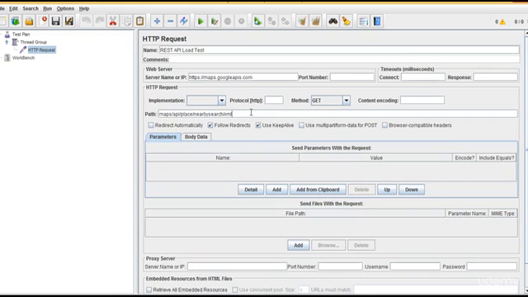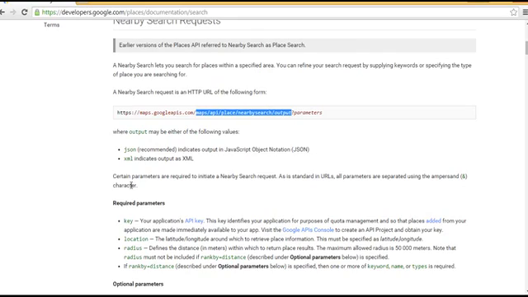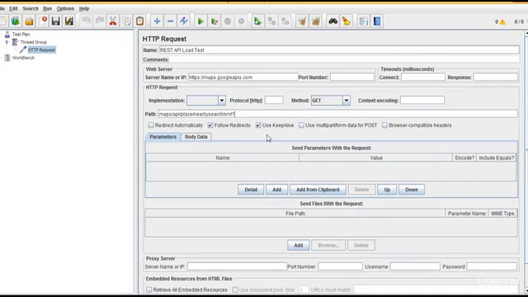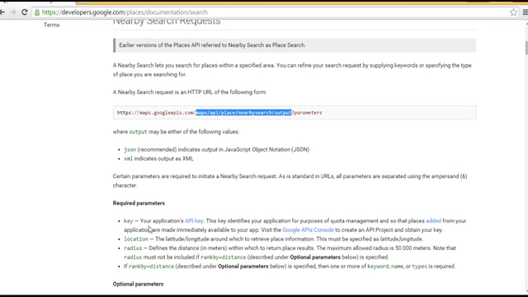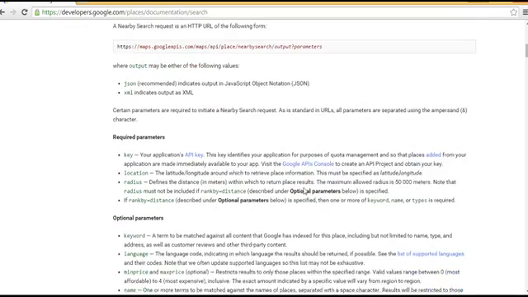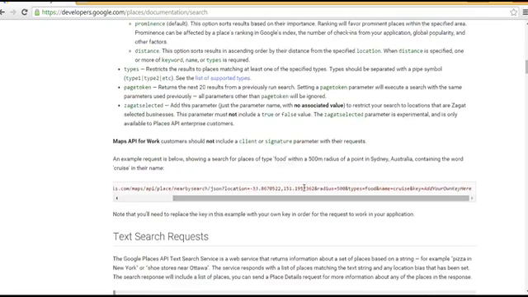You can just write it down here and say key equals to something, location equals to something, in that way. Or you have one section, see here, send parameters with request. You can just click on add and keep on adding each parameter here. So we need to pass these three parameters, right? But at the same time they have given an example for us where we can go ahead. Yeah, you can pass these parameters, location,